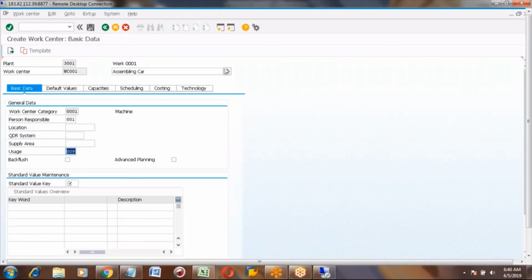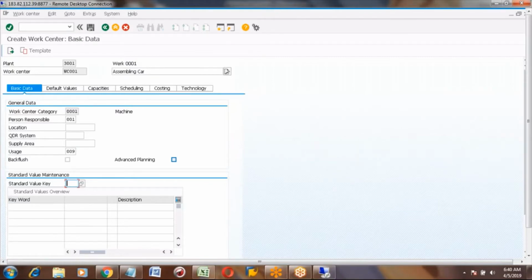Labor means how many workmen are working on this machine. And this machine can be used for setup time. Setup means before starting the machine, you require some activities, like maybe cleaning or making that machine ready. That is called the setup. You are setting up that machine before starting your assembly.